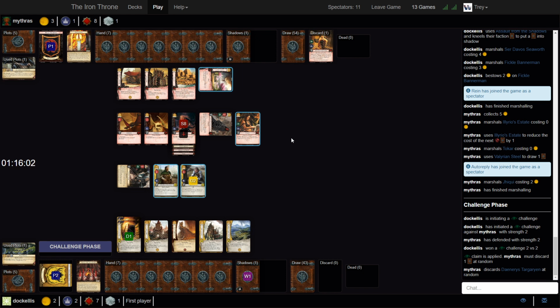I guess one of these intrigue hits has been headhunting the big guys so far. We judged this matchup as being somewhat favored towards the Targ, because while the Baratheon deck has some very strong answers to Targaryen strategies, the Targ deck also has very strong answers to those answers. So Black Sails is great, but Seized by the Guard kills it. The negative attachments are great, but they can be gotten rid of with